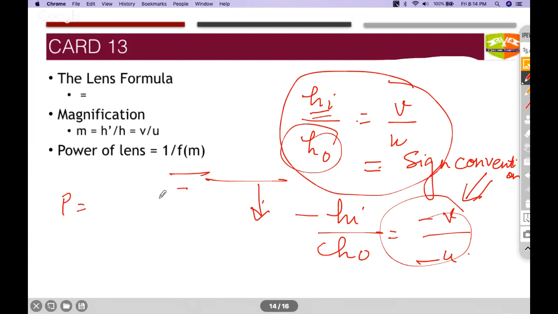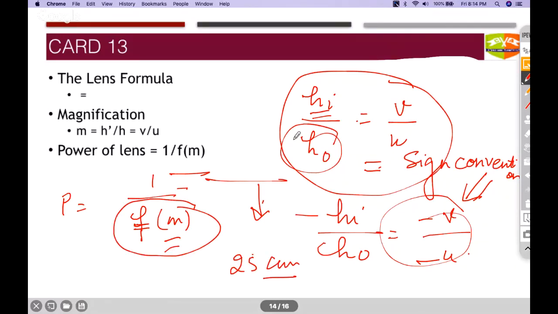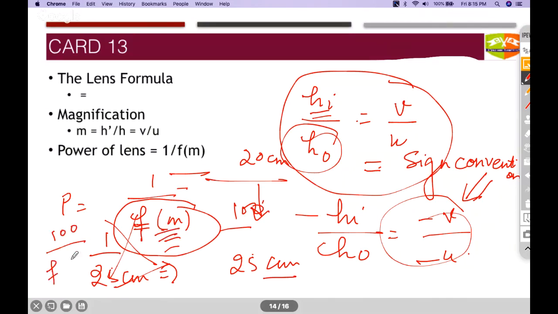Now what is power of lens? So power of lens is 1 by F. F is the focal length of the lens, and F is always in meters. Generally, wherever you have to find power of the lens, F is not given in meter. It is always given like 25 centimeter, 20 centimeter, and in a hurry we just write 1 by 25 centimeter as power of lens, which is absolutely wrong. So when you solve these kinds of things in examination, don't do this. You should just write 100 by 25, because if you are converting it into centimeter, the other formula is 100 by F in centimeters,